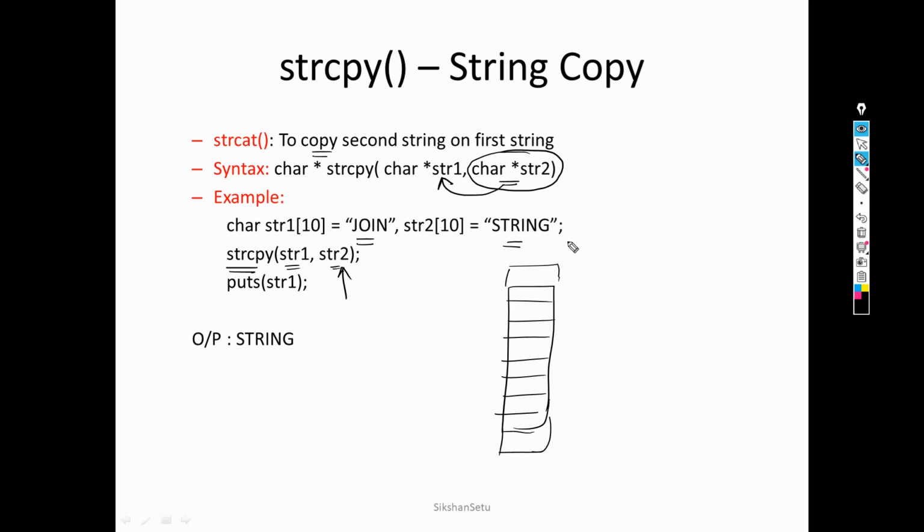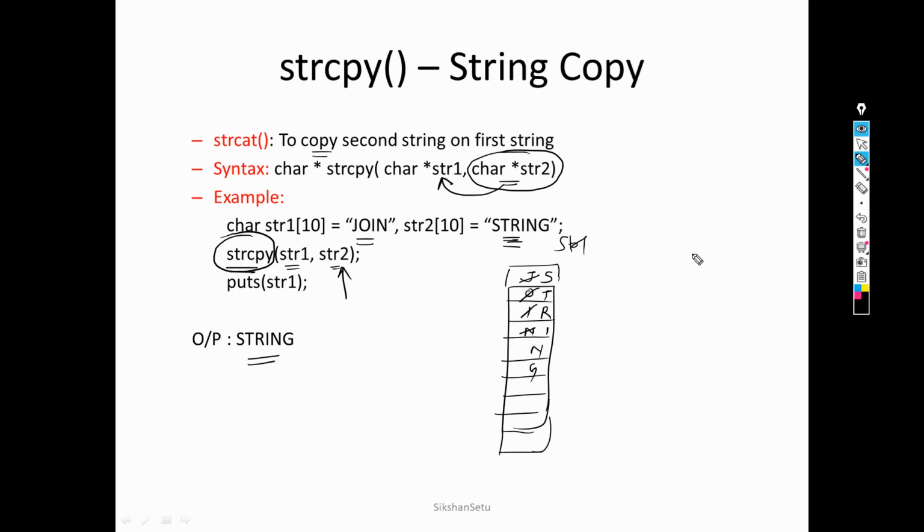Suppose this is my str1 and the value of str1 is join. When we execute this statement strcpy, the content of the second string will be overwritten on string 1. So now s will be written over here, t will be written over here, r, i, n, g. So join will be replaced by string. Your output is the second string, that is string.